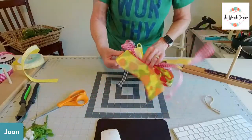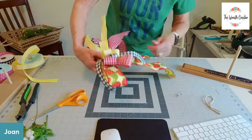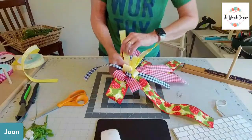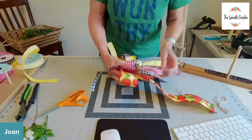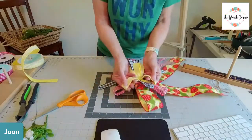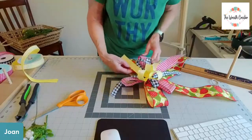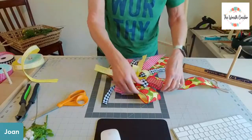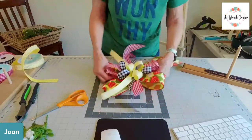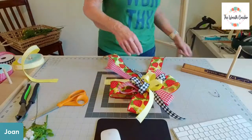So I'm going to pull those longer tails to the bottom, the short ones up and down. I'm going to separate everything. I'm going to pull all my bow loops out so the colors are all dispersed. And I'm also going to